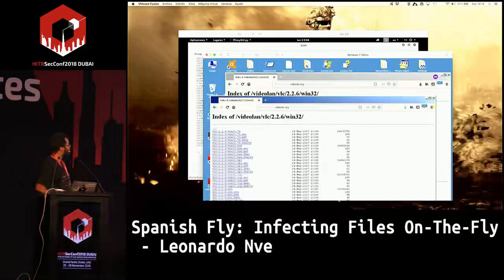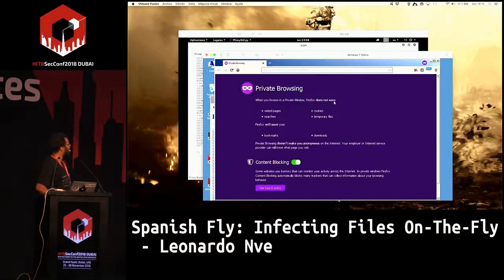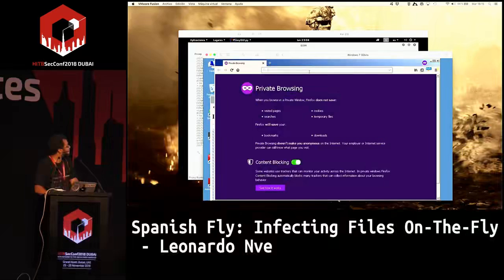Oh, I didn't show you one thing. Now it's in the cache. Okay, close. Open one again. It's just to show you what happens if you remove the content length.